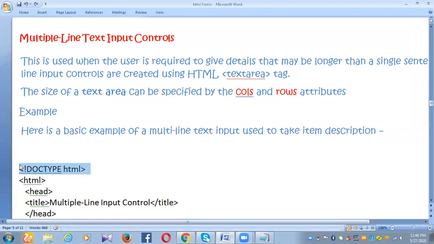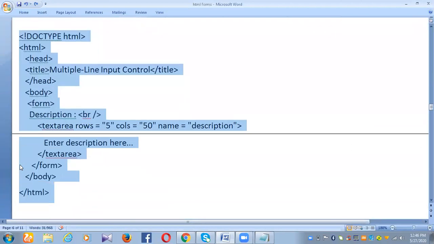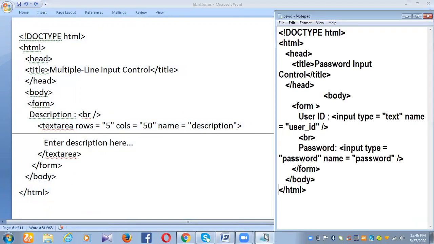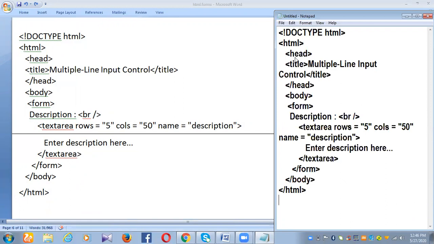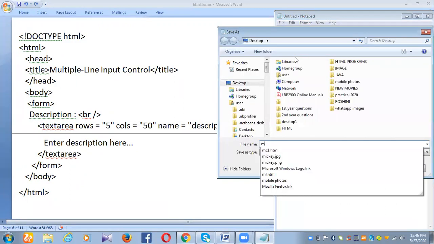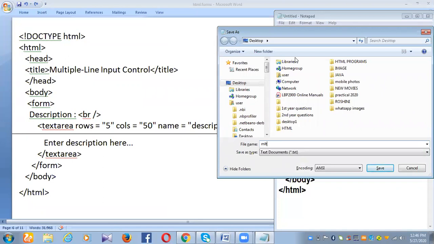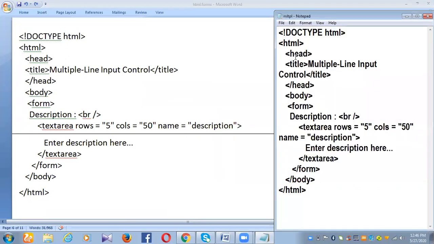Okay. Open it, save as mltpl.html. Okay.